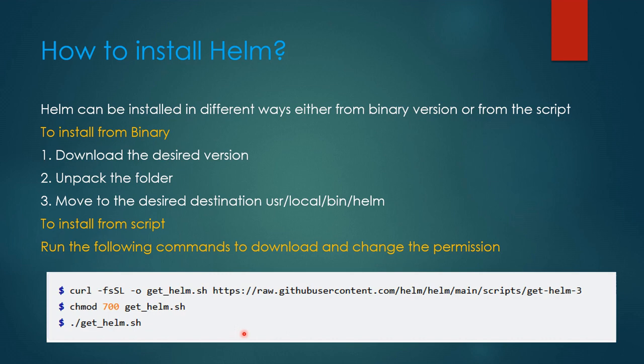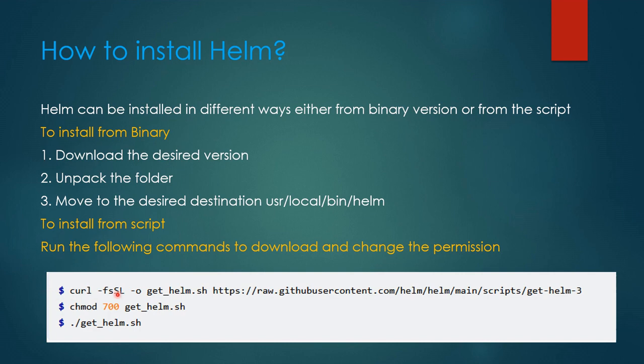So next is how to install Helm. Helm can be installed in different ways, either from the binary version or from the script. To install from binary, you download your desired version of Helm, unpack the folder, and move it to your desired destination. It's usually /usr/local/bin/helm. Whatever you downloaded is going to be stored in that location. And to install from the script, run the following commands: